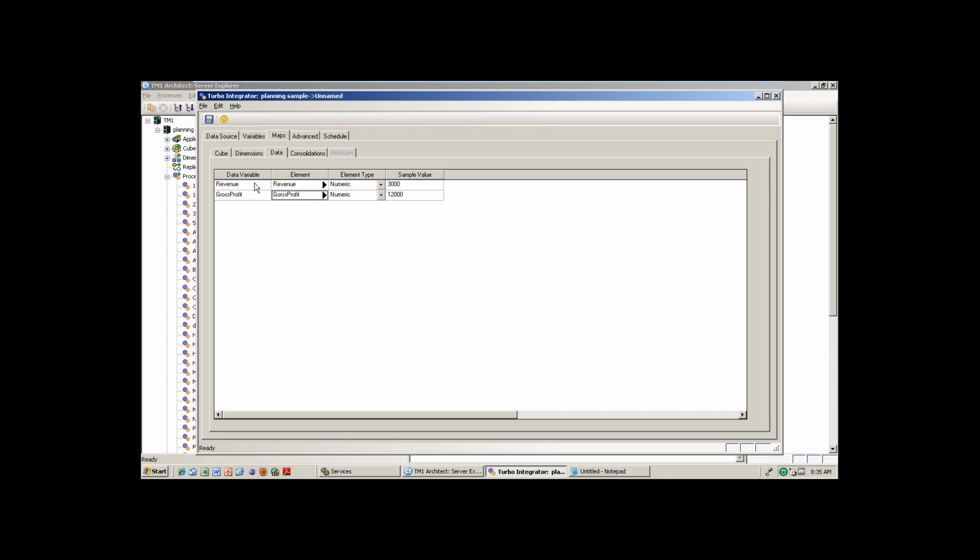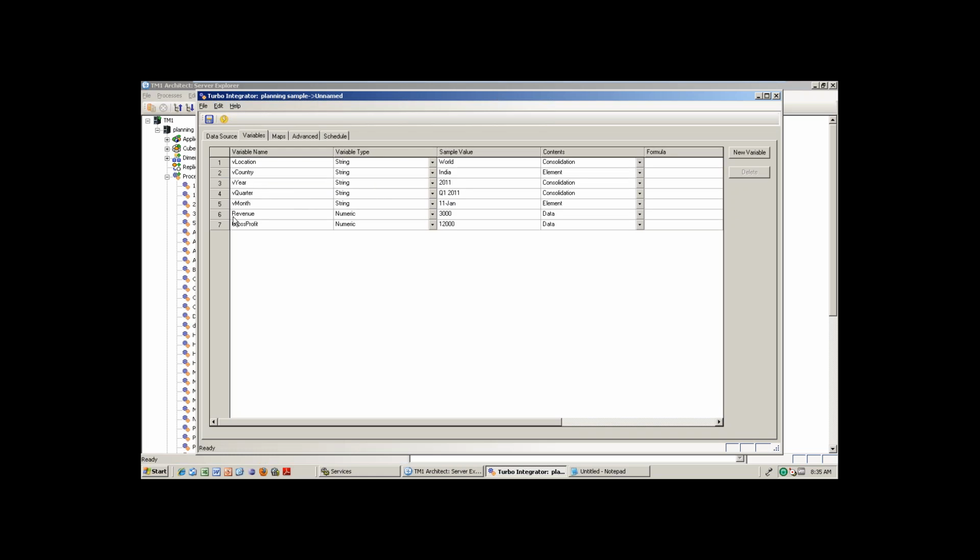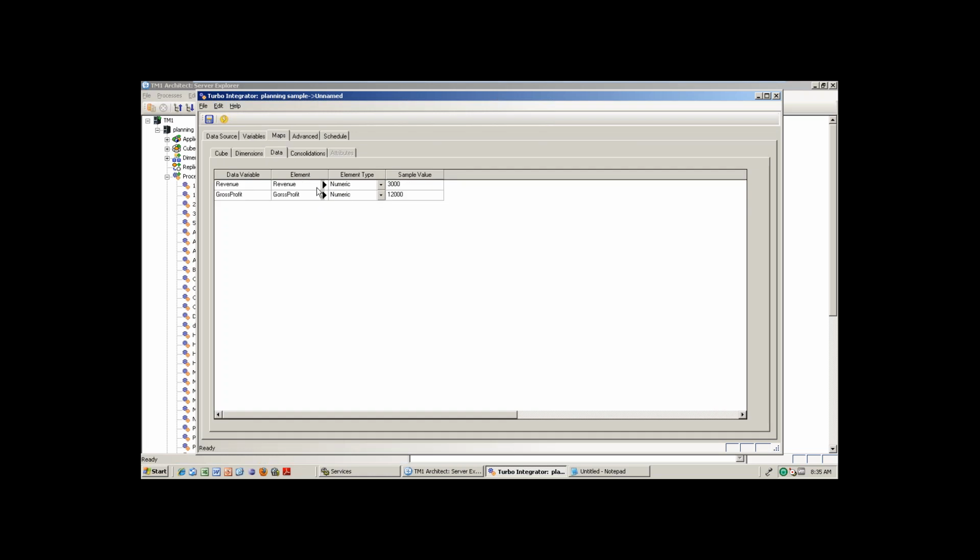Revenue and gross profit. Then, so the dimension I did, I gave the names. For the data I just went and gave the same names. What revenue value from the CSV does it have to take? Revenue value only. Gross profit only. Right? Because in the variables you wrote revenue and gross profit. You didn't rename anything. If you are renaming anything here, here also you need to write that renamed name. Then only it will fetch.